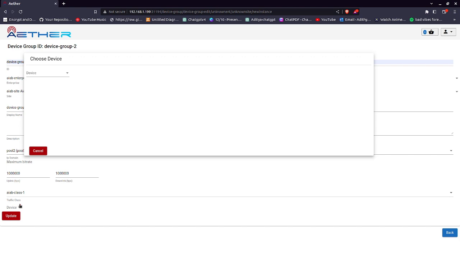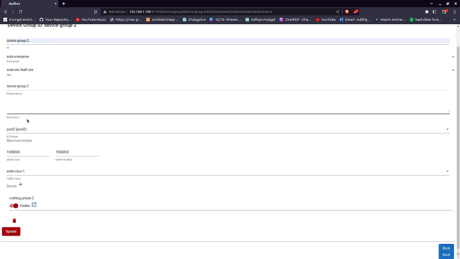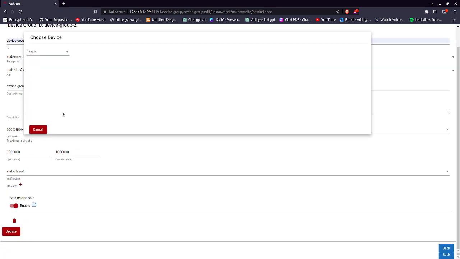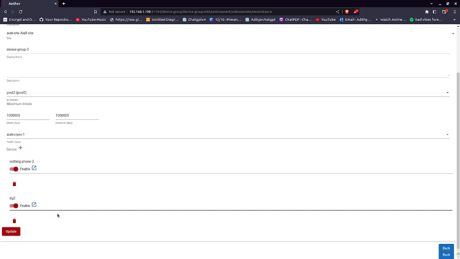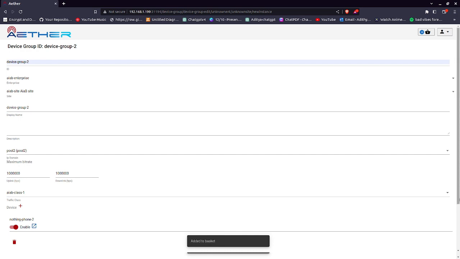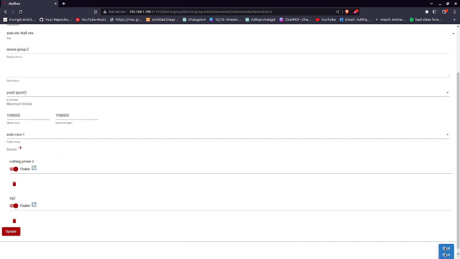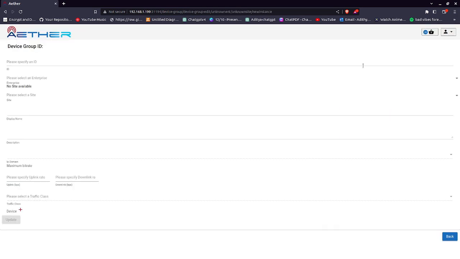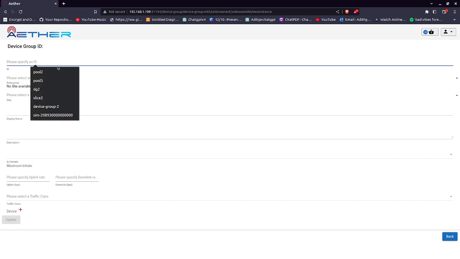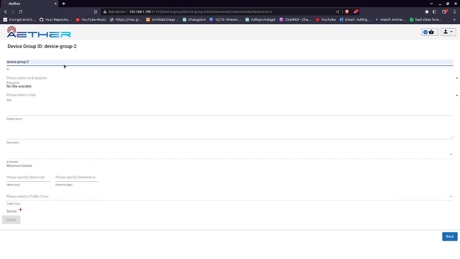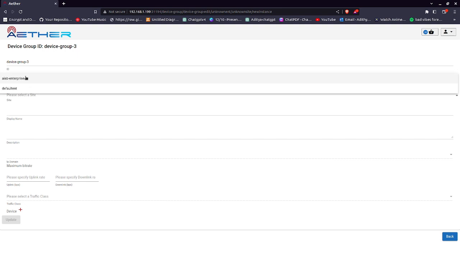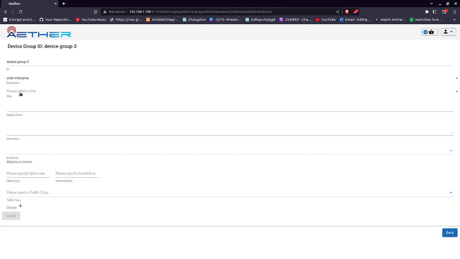Okay, now let's add the device. Nothing Phone 2. Okay, where is Nothing Phone? Okay, this is Nothing Phone 2, and we can add one more, that is DG2 that I already configured. Okay, the speed is similarly low as compared to the last one. Let's update it also. And it's time for adding the last device group, that is device group 3. Okay, the enterprise will be the same, site also the same, display name,